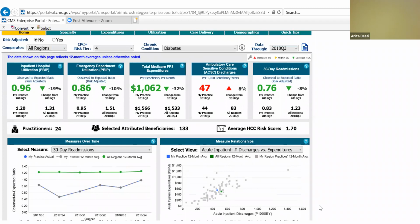So once practices take a look here at their overall snapshot, they can determine where they really want to focus their efforts, and they can use the subsequent tabs to drill down on that. So in this case, as a practice, I might really want to look at my ambulatory care sensitive discharges and my overall admissions. So if we toggle over to the utilization tab,